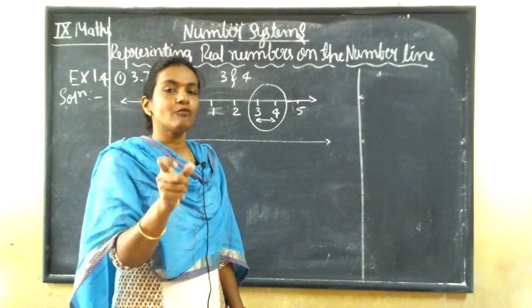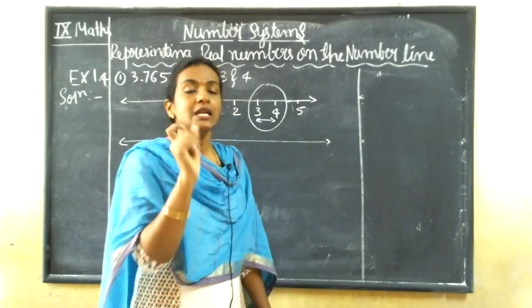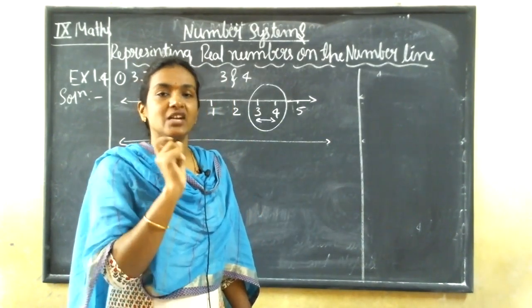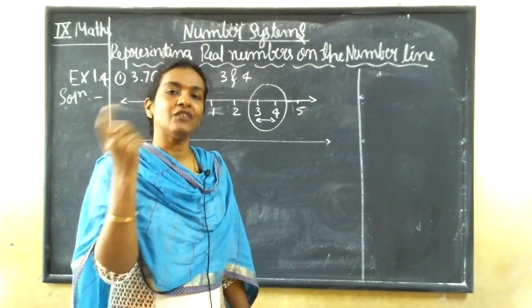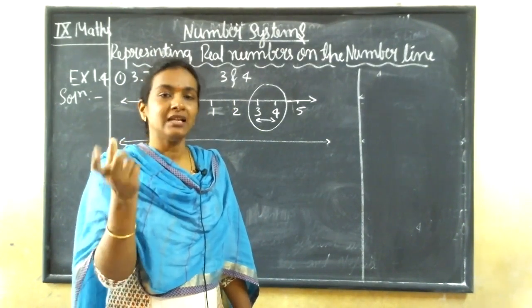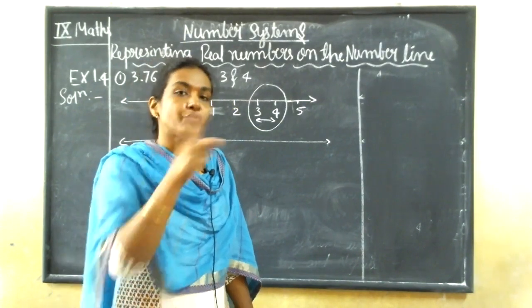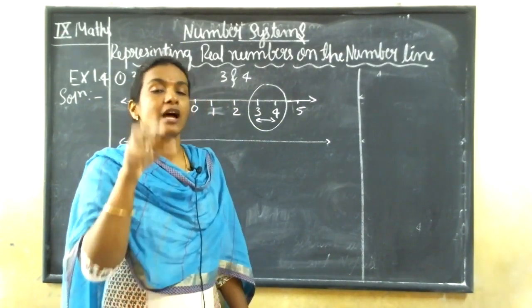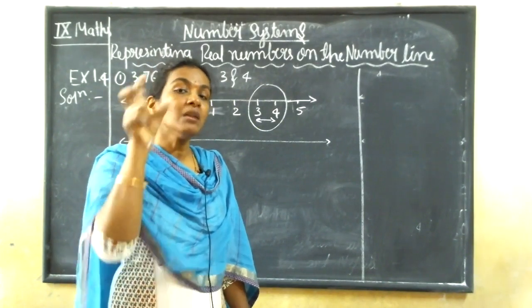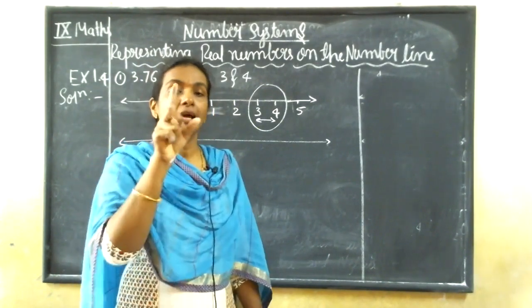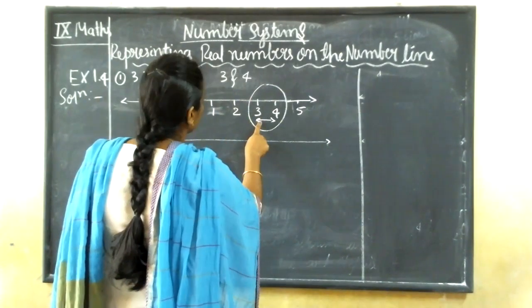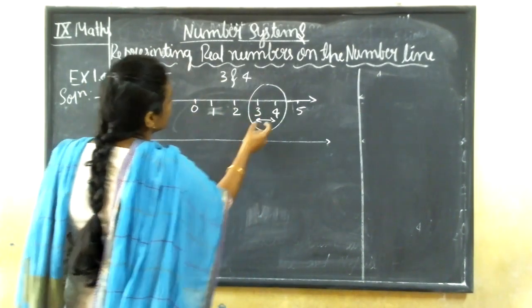First step will be you have to see in between which numbers the number gets, that you have to decide. Whether it will be in between 2 and 3, whether it will be 4 and 5, whether it will be 7 and 9, that you have to decide first. The first line will be like you are going to write just natural numbers and you have to look at in between what numbers it is going to get there. Clear? Yeah. So here first step will be you are going to get this 3.7 in between 3 and 4.